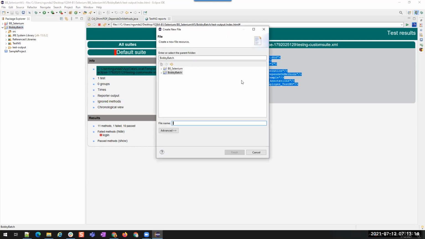Okay. What is the file I want to create? I want to create an XML file. So I'll say stg_batch execution_packages.xml. The extension is mandatory in Eclipse when you are creating files, because if you don't give an extension, it will create a normal file. If you give the extension, it will create an XML file.